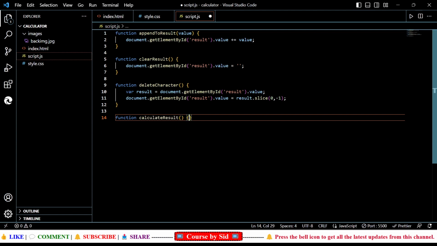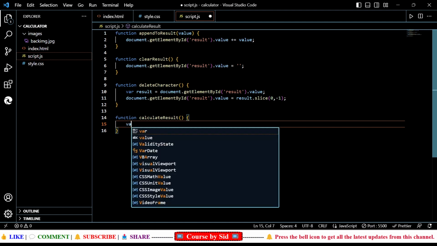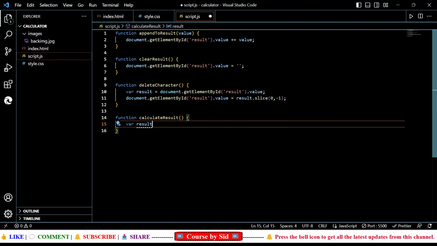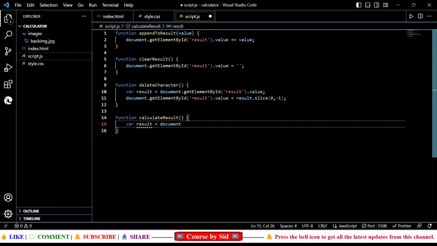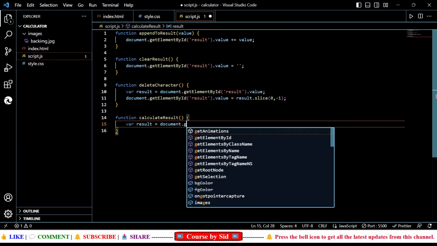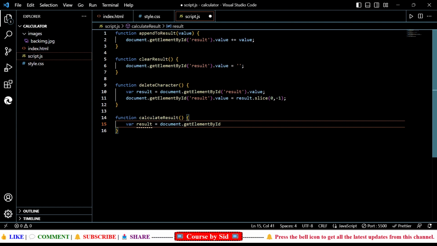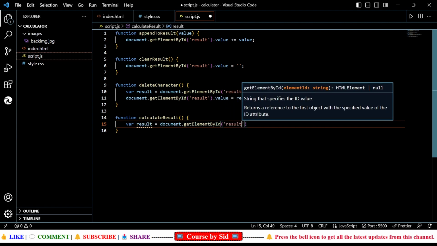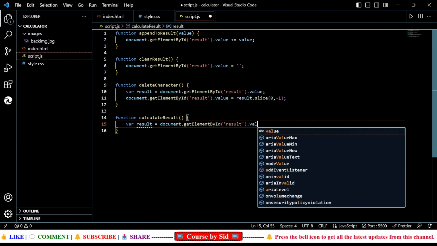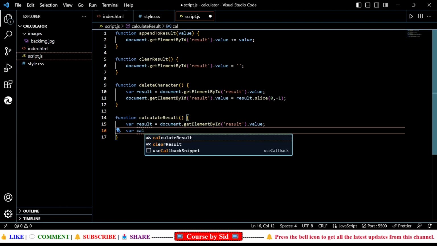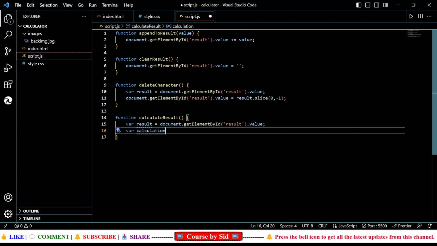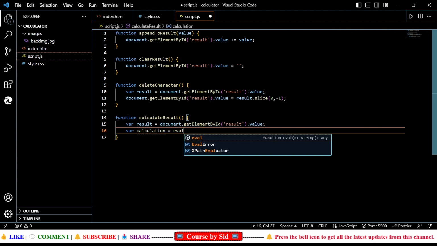Okay, so we're going to write var result is equal to document.getElementById, with the id result, and then we're going to write value, and we'll write one more variable, calculation, and then we're going to write eval(result),